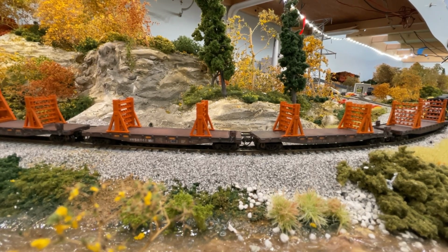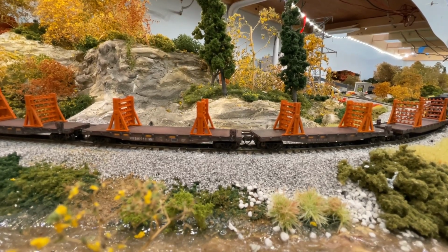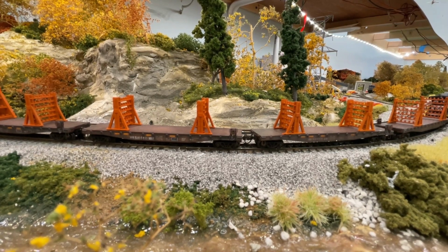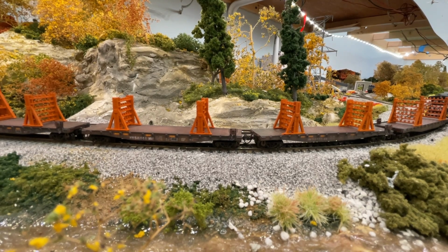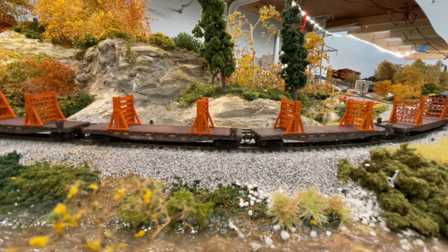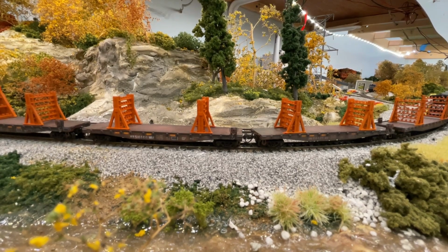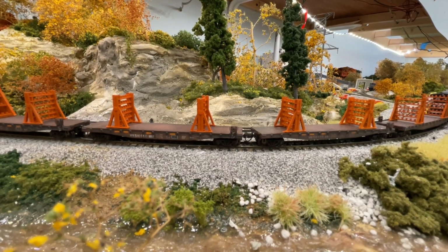So right now they're basically just fixed on top of the cars. I think a little bit of rust spots and some wear and tear on the location where the rail would be appropriate, especially if you're going to run the train empty. If you're going to put rail on it, I'm going to look for some options. I don't think actual flex track rail is going to be a good solution. I just don't think that you will get enough bend in it to negotiate most of the tight turns that our layouts have. If you've got some ridiculously broad sweeping curve, you might be able to get away with it,